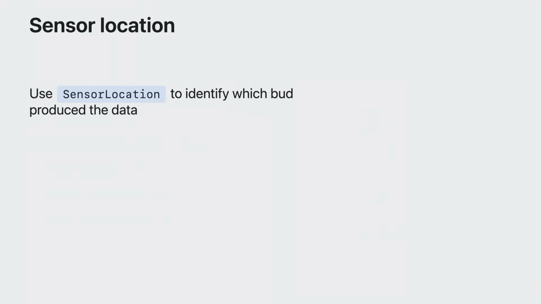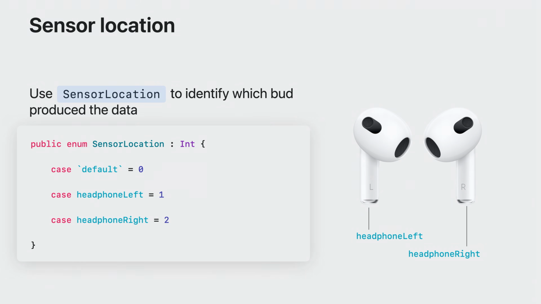This is important because motion data is delivered to you from one bud at a time. The sensor location enum delivered with each sample lets you identify which bud sourced the data. The bud streaming the data can be impacted by a number of things, including in-ear state, if automatic ear detection is enabled. For example, if data was streaming from my right bud, but I take it out of my ear with automatic ear detection enabled, then my left bud will take over the data stream. This allows for a more seamless head tracking experience.